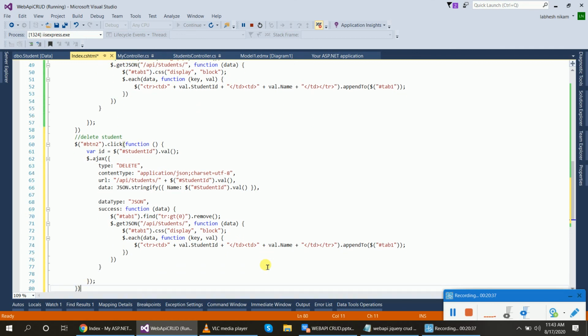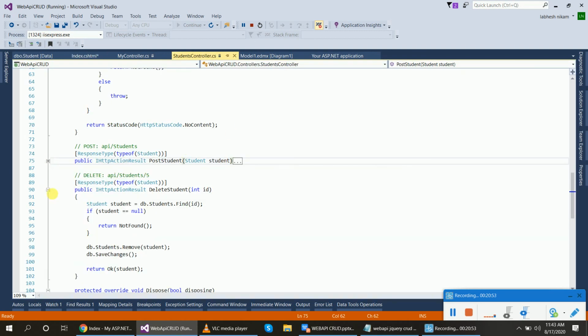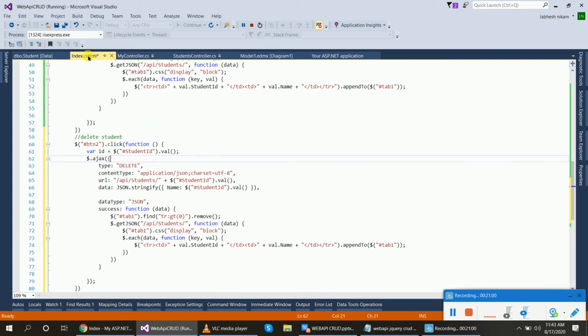So in the btn2.click function, I have created one ID here of student, because to delete the data we require an ID, and inside of our API controller the delete action result has ID passed. So we must pass ID here. Variable ID equal to the student ID dot value, and then write the Ajax code.